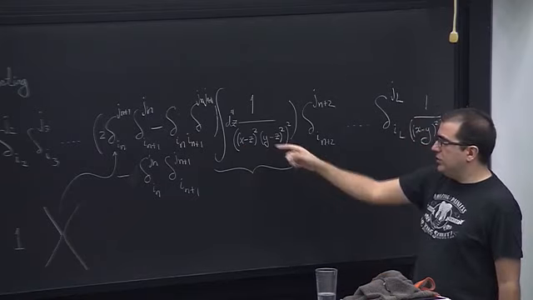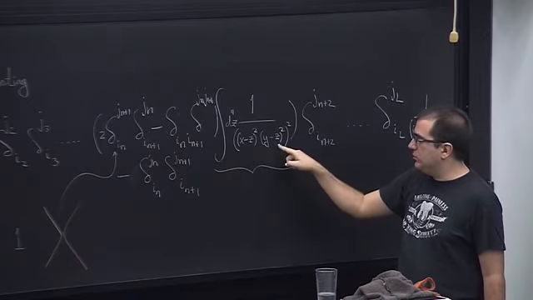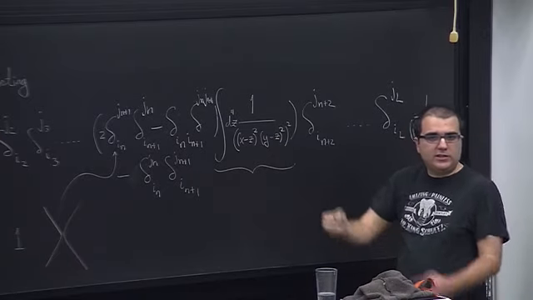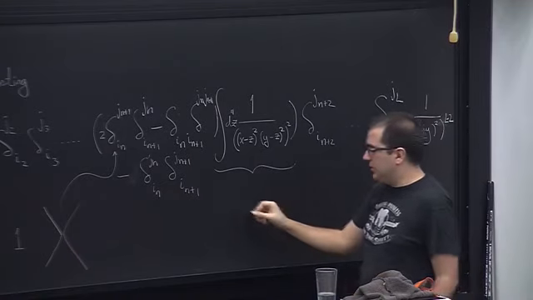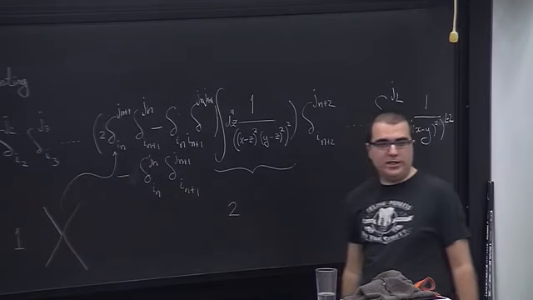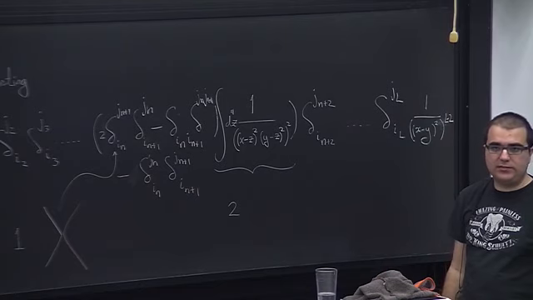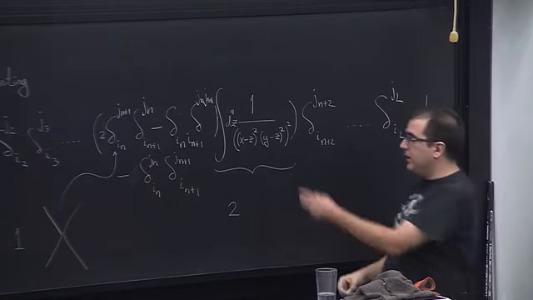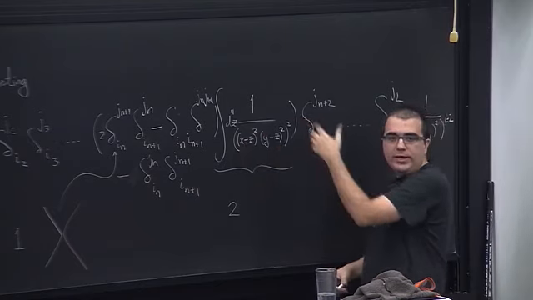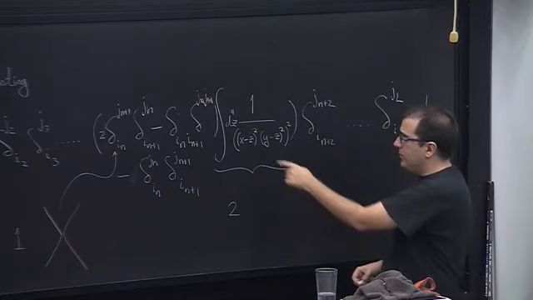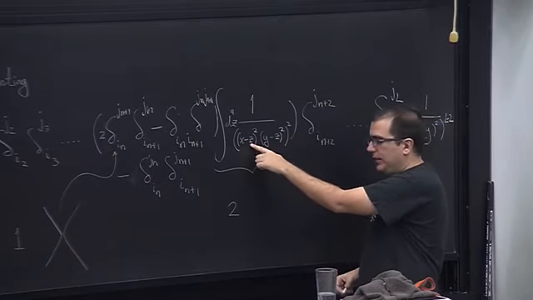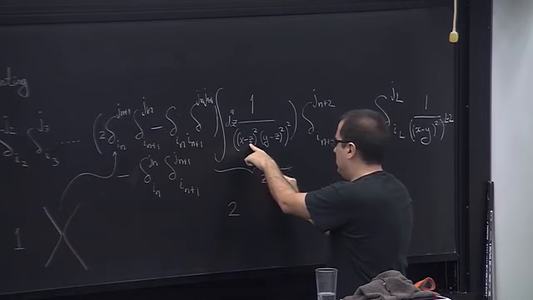The point z approaches the point x, things are blowing up. So let's study the region close to z equal to x and close to z equal to y. Of course, there is a symmetry. So they just give twice the same thing if I just zoom in close to x. So let's zoom in close to x to see what this gives. It's the most important contribution because it's when this thing becomes very big. So if we zoom in close to x, if z is close to x,